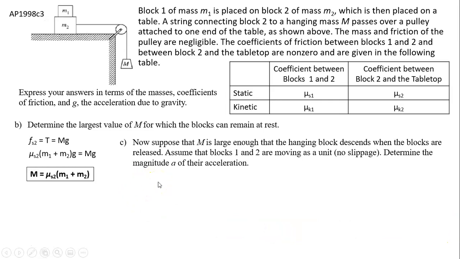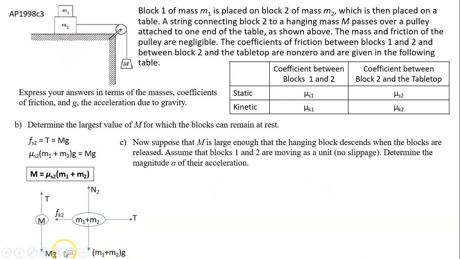C. Now suppose M is large enough that a hanging block descends when the blocks are released. Assume block 1 and 2 are moving as a unit. No slippage, determine the magnitude A of their acceleration. Now it's large enough, it starts to accelerate. So let's see what happens. If it starts to accelerate,